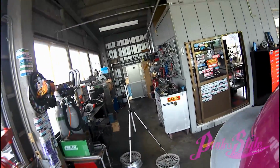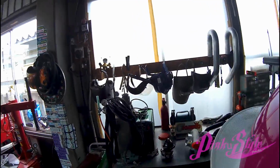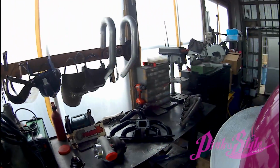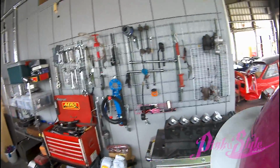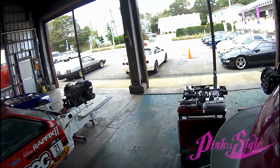Nothing really changed over here except I got bigger argon tanks and CO2 tanks, so I can weld a lot longer than 2 hours on my little baby tank I had. This is from the turbo review I just did, and this is all my tools and all that stuff back here. Nothing else really back here that's worth showing. All right, so let's go ahead